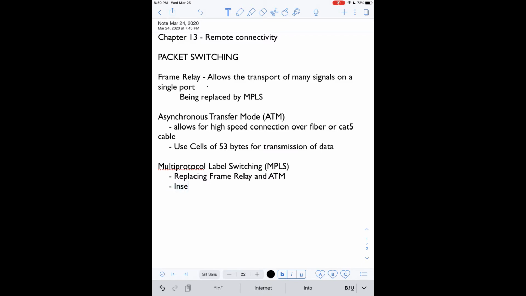It inserts between layers 2 and 3 of the OSI model. So what we've talked about so far, early on Ethernet technologies and LAN technology, T1, ATM, T3s, and MPLS, are WAN technologies, wide area network technologies. So we've had networking, LAN,